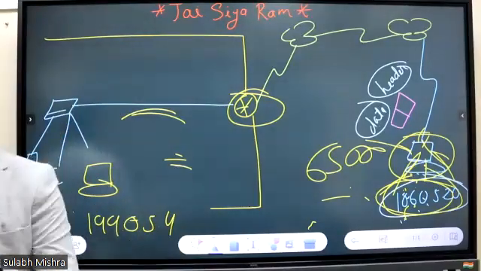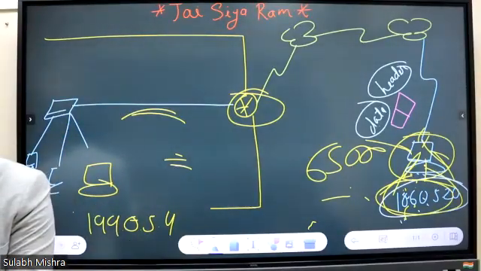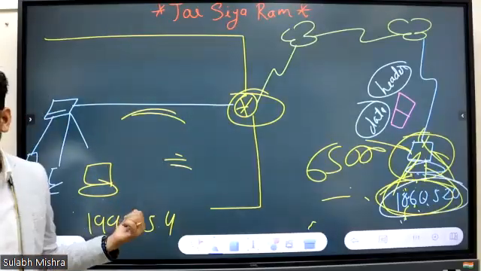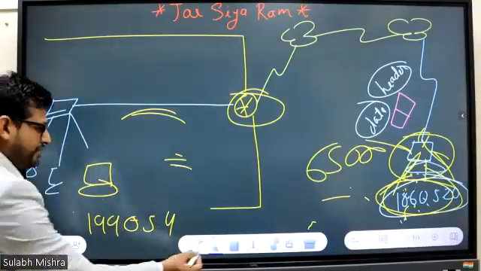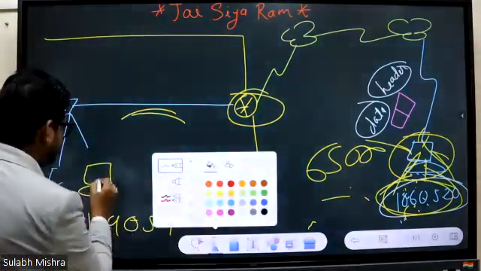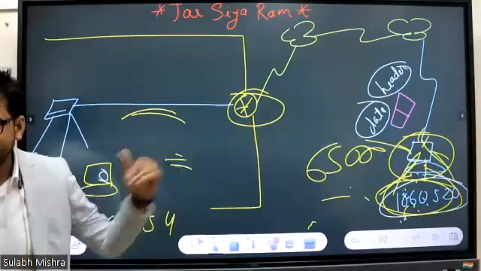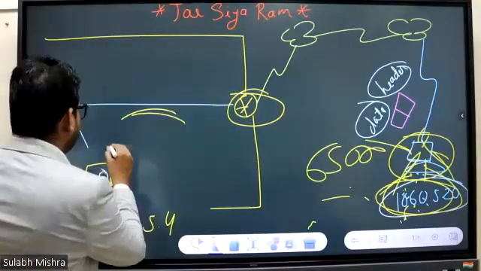SIEM XPERT I hosted here, and this IP address is 199.0.5.4. Port means department name, the IT department. So the connection came to the server and it will go to the IT department. You came to Accenture, you go to the IT department. I deploy SIEM XPERT here, and I have to give the port number. On which port number can people access it? I have given the port number